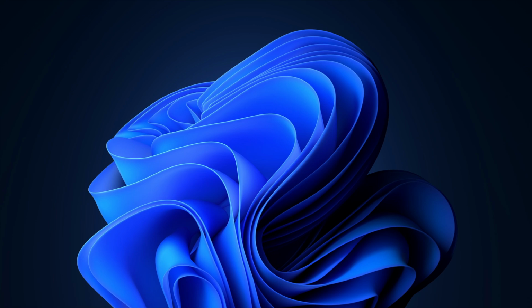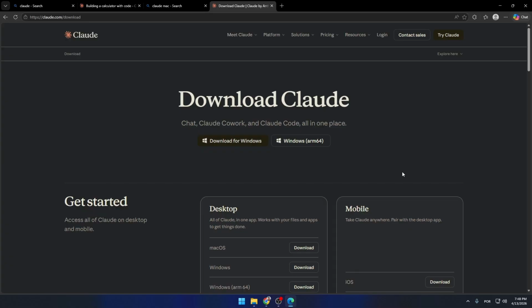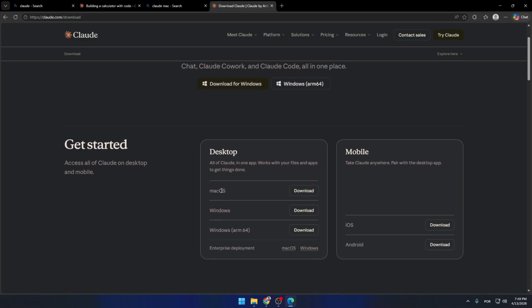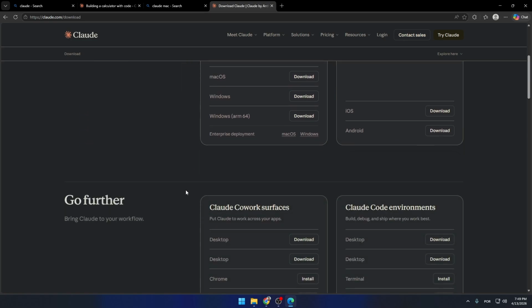In this video, I will show you in a quick and practical way how to install Claude on Mac so you can start using AI on your computer. First, open the browser on your Mac and go to the official Claude website. Once you are on the website, sign into your account or create a free account using your email or Google